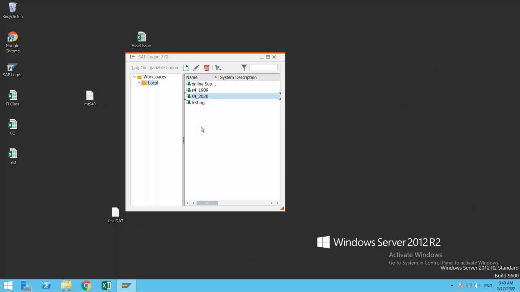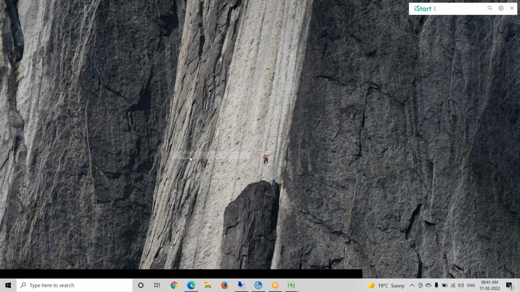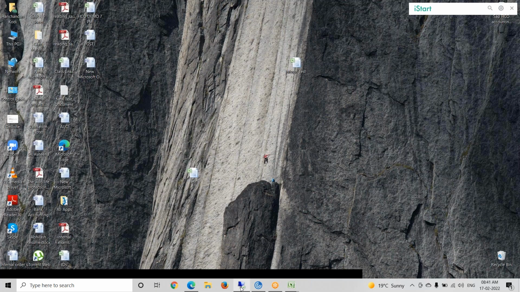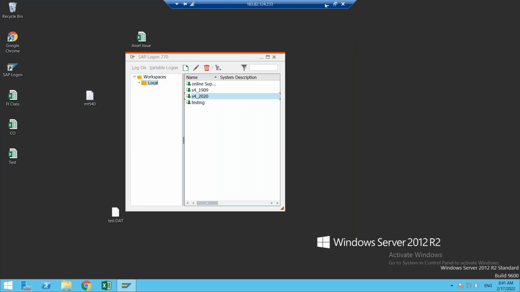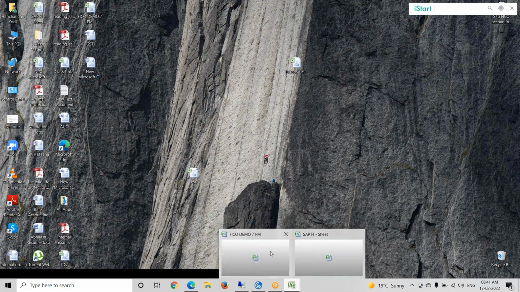Please try to understand this. I usually test every time, but there is some OSS note which cannot be implemented in our IDES client, so we need some OSS note for that. What OSS notes are, I will explain in our regular sessions, which are mandatory for our learning. Are you clear? Any questions about this?